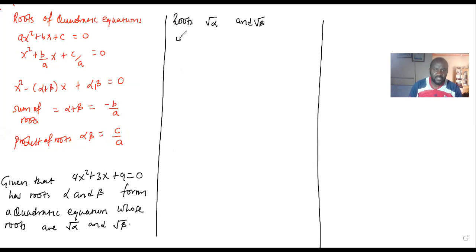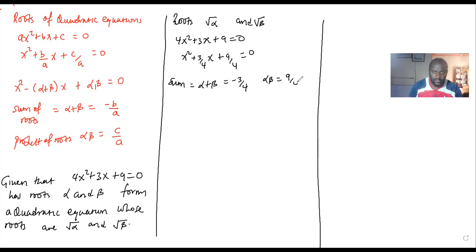But from the equation we have, which is 4x squared plus 3x plus 9 is 0, you can see that x squared plus 3 over 4 x plus 9 over 4 is 0. So the sum of the roots, alpha plus beta, is equal to negative 3 out of 4. Then the product of the roots is equal to 9 out of 4. So having realized that, that is the definition of the equation given. They want us to find an equation whose roots are